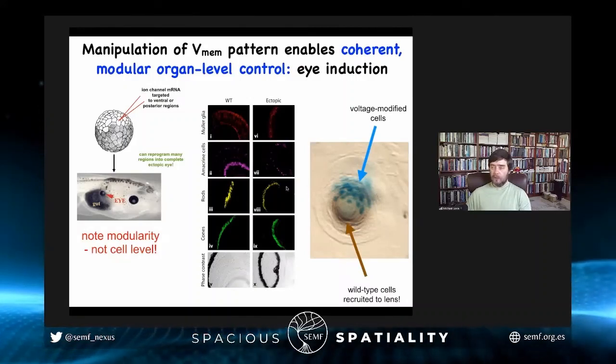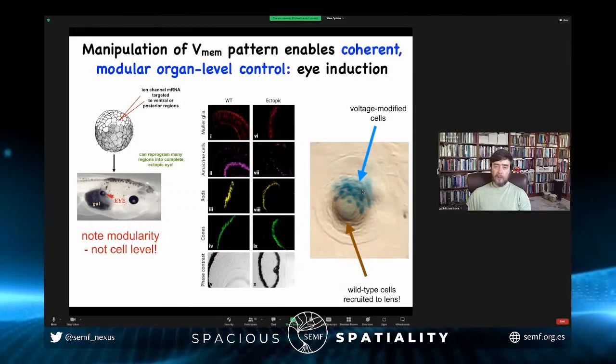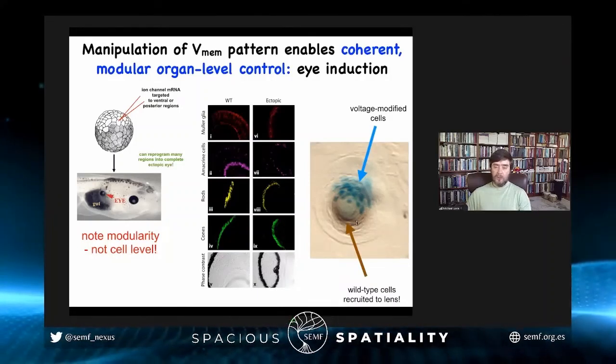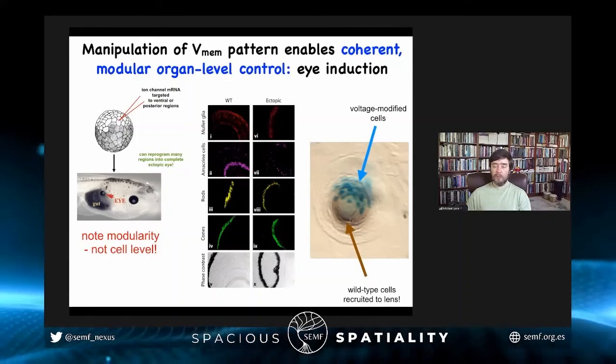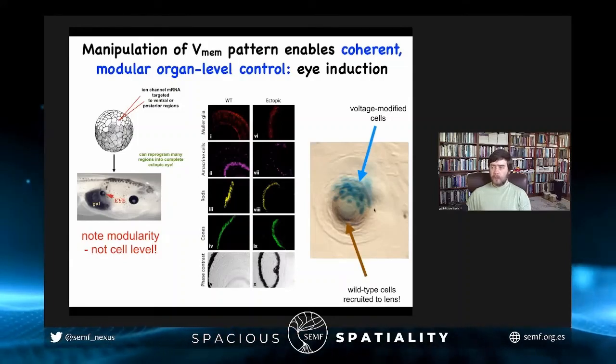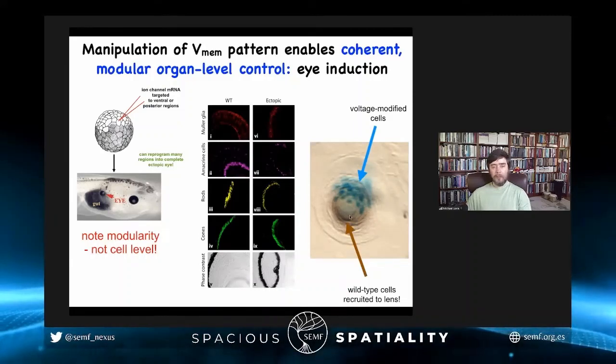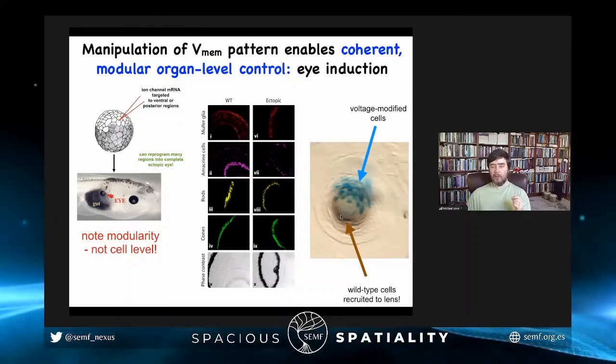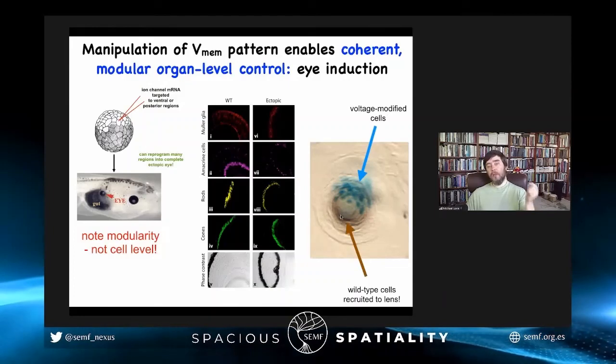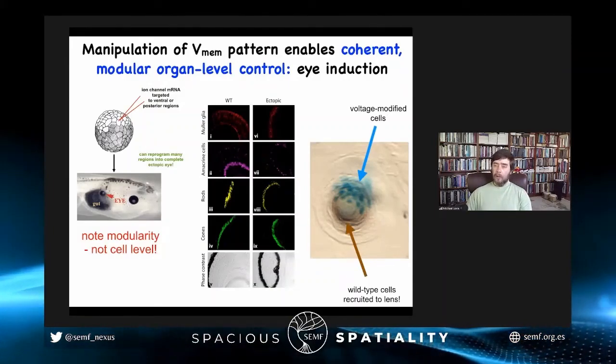And so these cells right here, they've been told to make an eye, but there's not enough of them, and they know that. And so they recruit a bunch of their neighbors, these brown cells that we never touched. These cells are completely wild type, and yet they're participating in making this ectopic lens out in the tail of a tadpole. So there's this amazing ability to instruct, and for the cells to then instruct each other. Now, what else can we